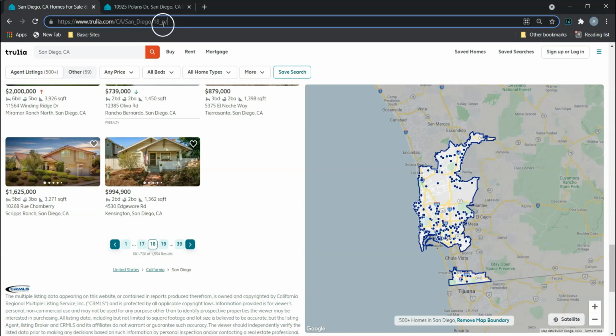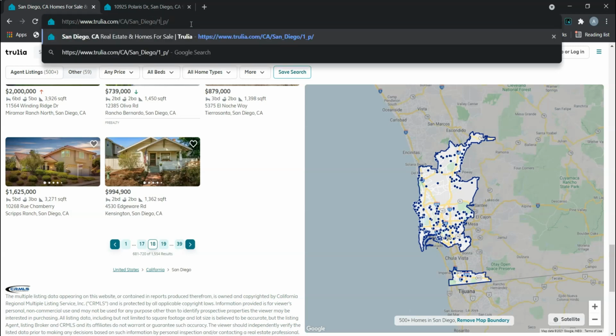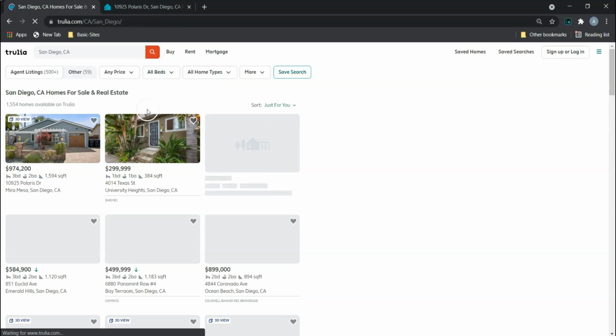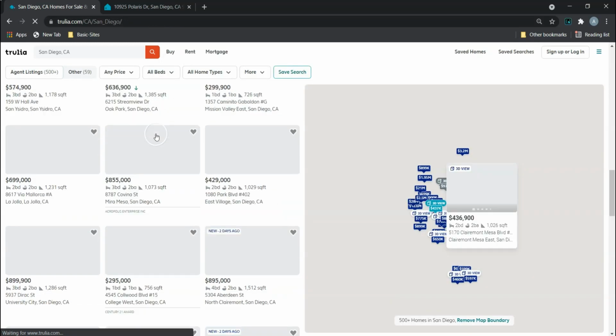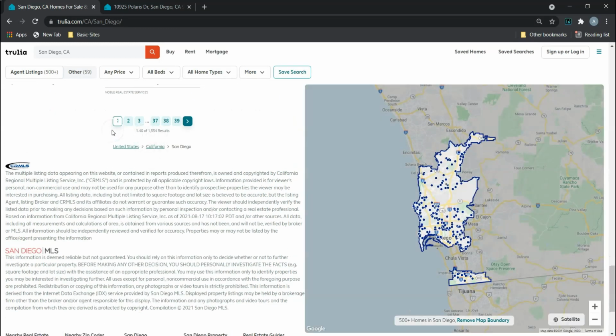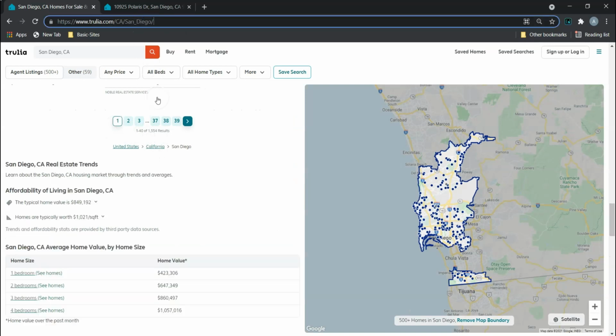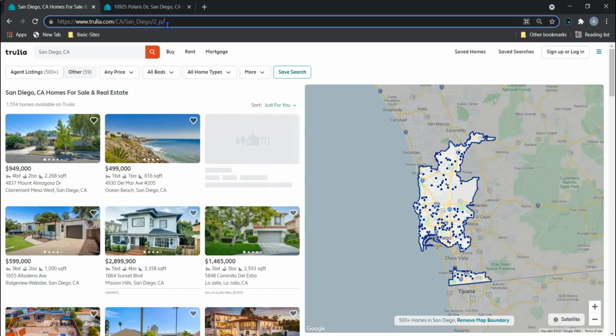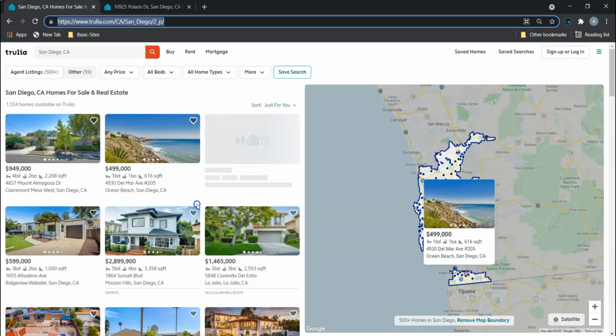So now we know that the only difference is that we need to exchange this digit with another one. Let's say I want to make 1_p, and directly we land on page number 1. Okay, this is actually what we want to have. So now I will just copy this one, copy this link or this URL